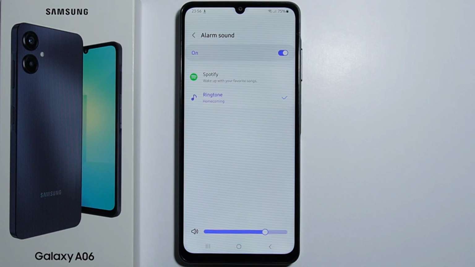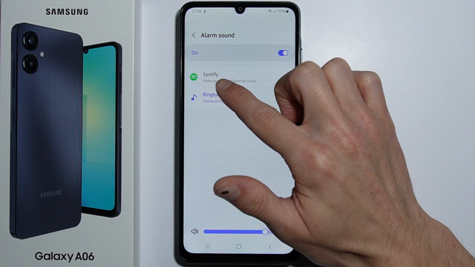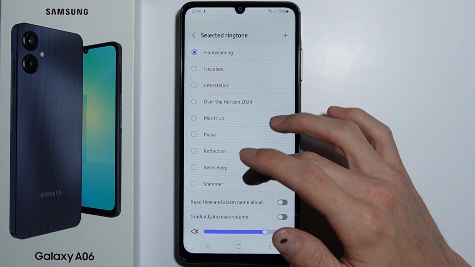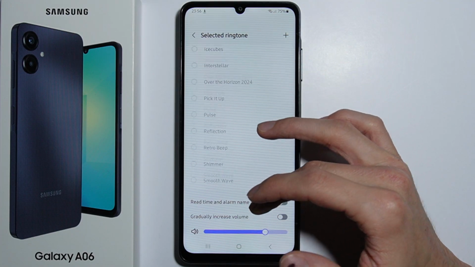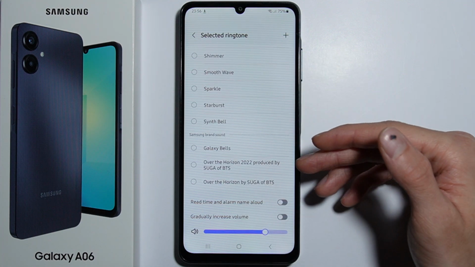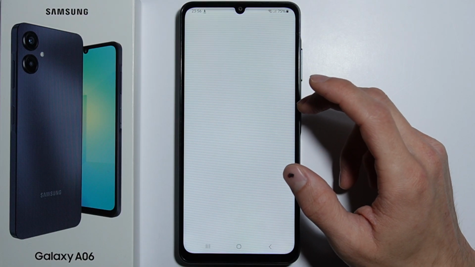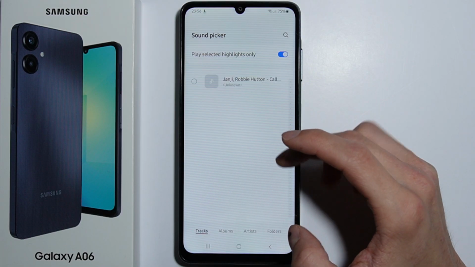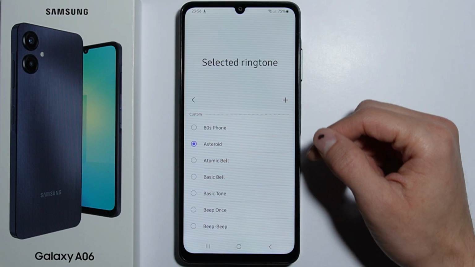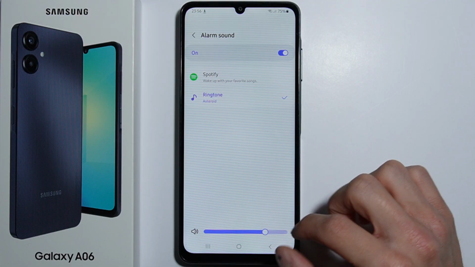We press it and we can either change the sound to some song from Spotify, or to some songs that are factory in the phone, or some custom songs that we have in our phone. Yeah, just like that. So we simply select any song or sound that we like, and we can also change